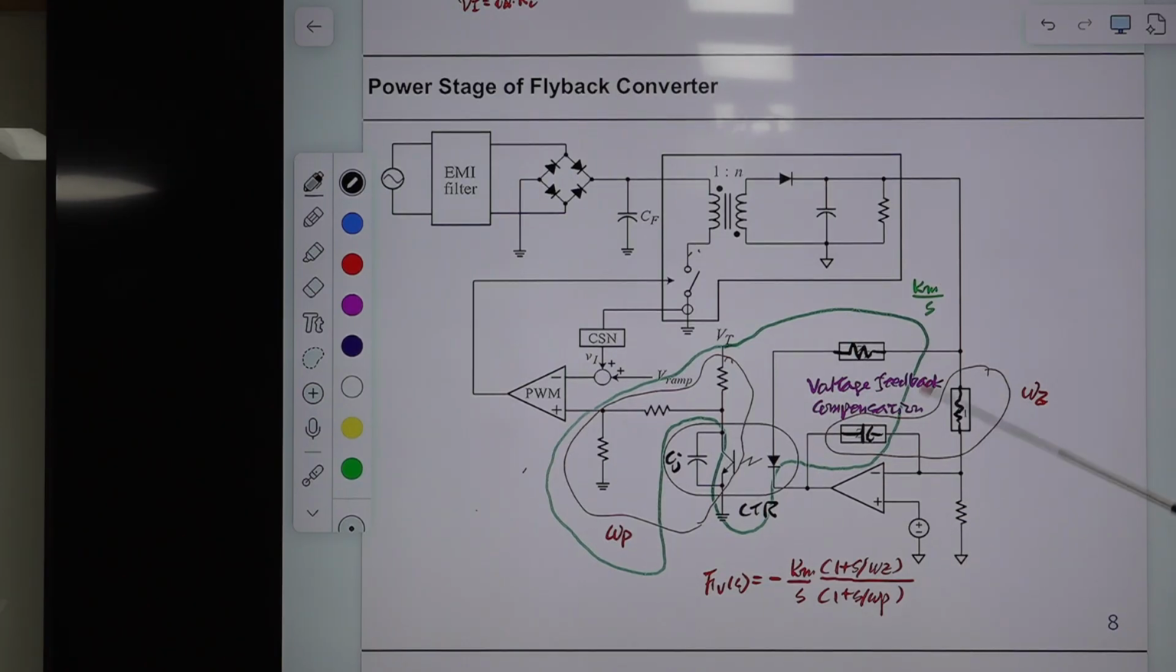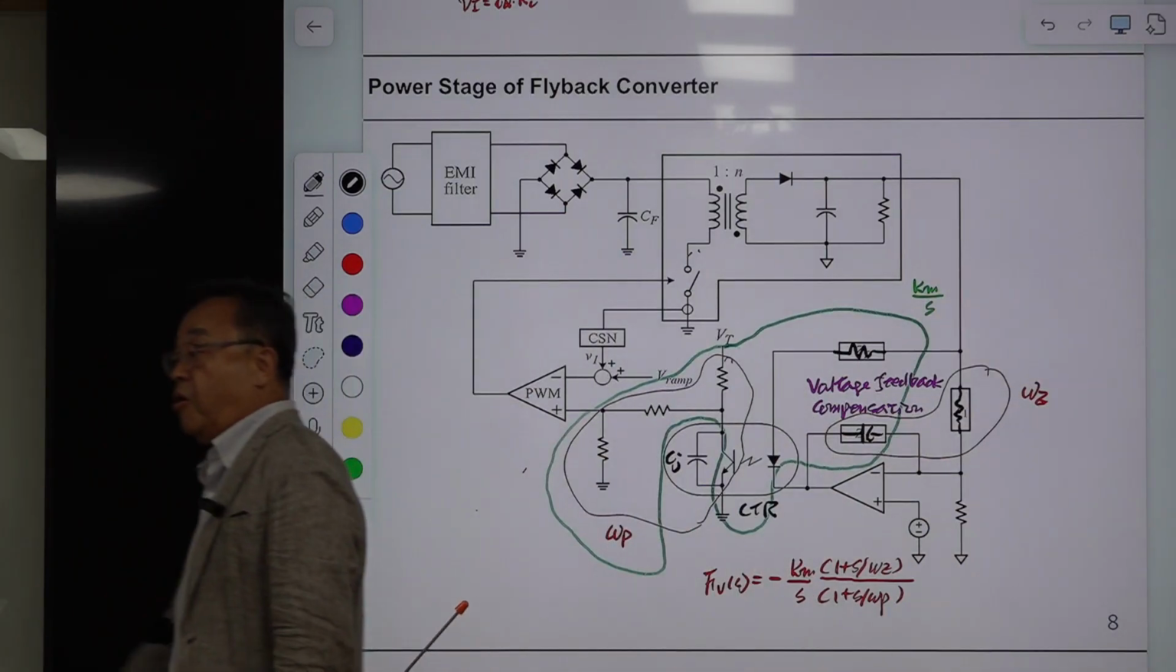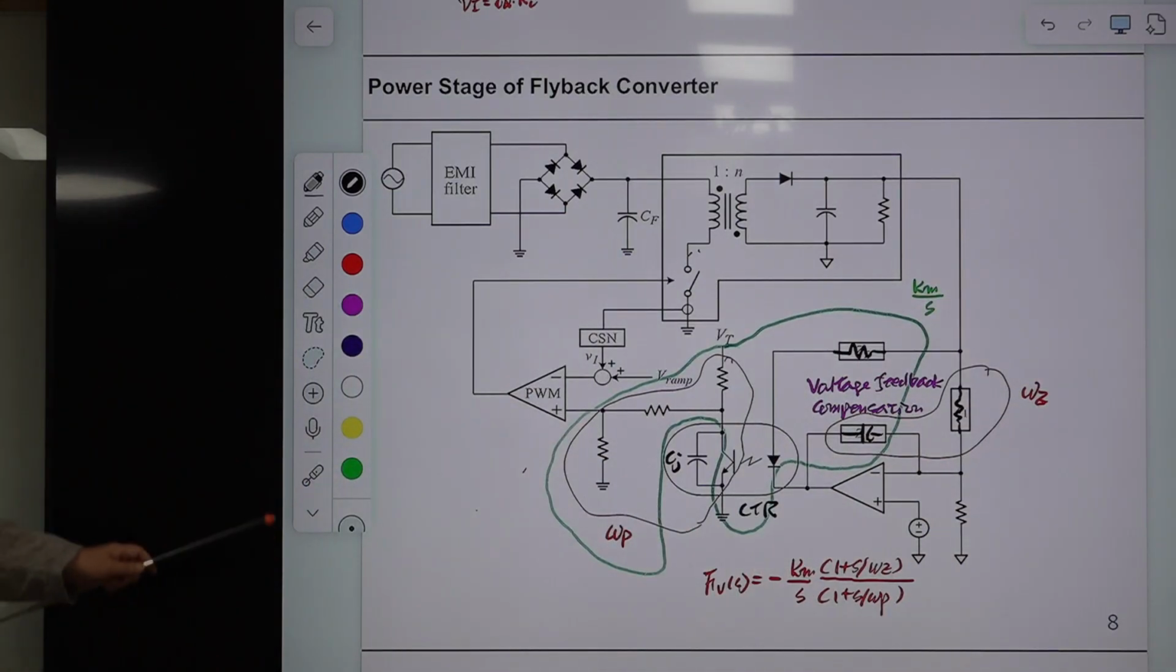This green part is generating the integrator, and there is a negative sign here. So this is the expression for the voltage feedback compensation. This is the famous 2-pole 1-zero compensation. Don't call it type 2 or type something. If you add one branch here, one resistor and one capacitor